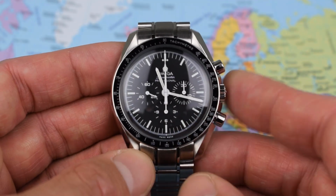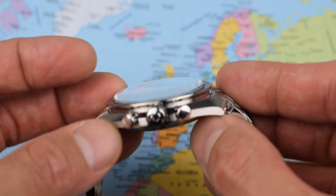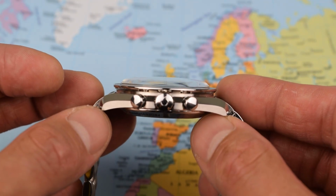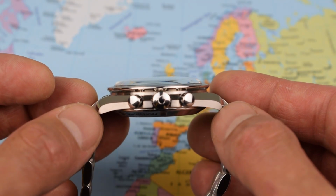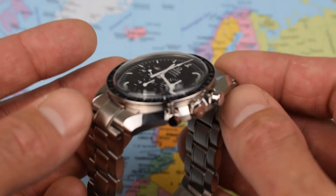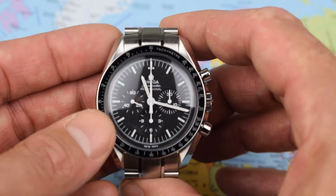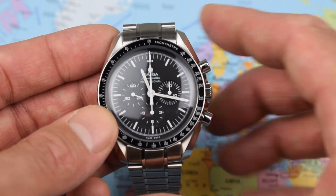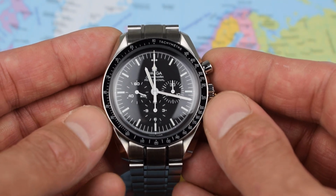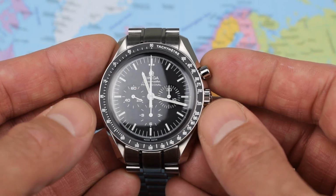So 42mm in diameter then, 20mm lug width. This one 14.7mm thick, a lot of that due to that lovely piece of domed hesalite crystal. 47.5mm lug tip to lug tip, which doesn't sound a lot. However, it does have those protruding mid links on this stainless steel bracelet, at least taking the effective lug to lug to about 53mm, so do be aware of that if you are a guy with a slightly smaller wrist